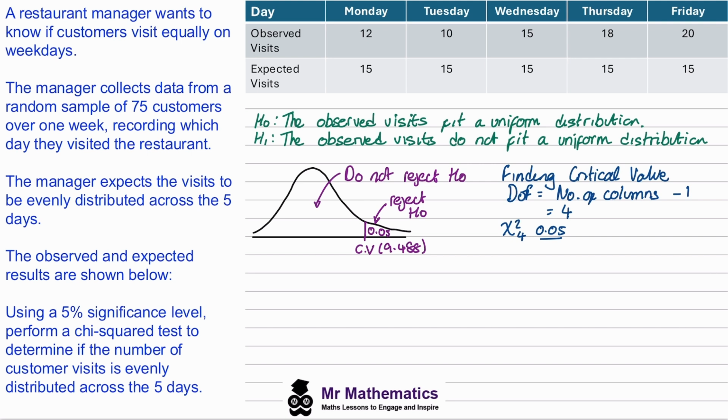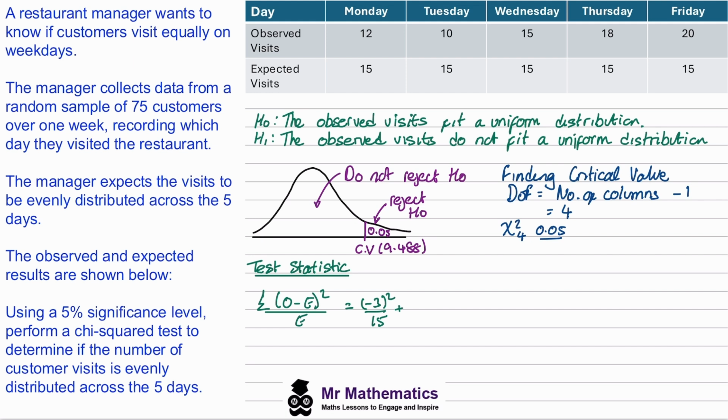Now we need to calculate our test statistic. And we can calculate this using a formula, the sum of the observed values minus the expected values squared over the expected values. This is a formula given again in the formula booklet. So we'll calculate this from the data in the table. If we look at Monday, we'll have the observed value of 12, take away the 15 expected. So this will give us negative 3 squared divided by 15